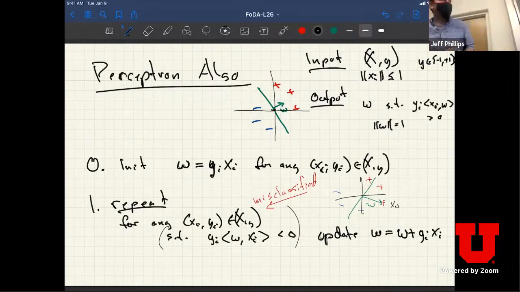And if it's a negatively labeled point, well, then I'm going to subtract it instead, right? So that's why we use -1 and +1 for y instead of 0 and 1. It allows us to do these kind of neat tricks here. Okay, and so this is the whole algorithm